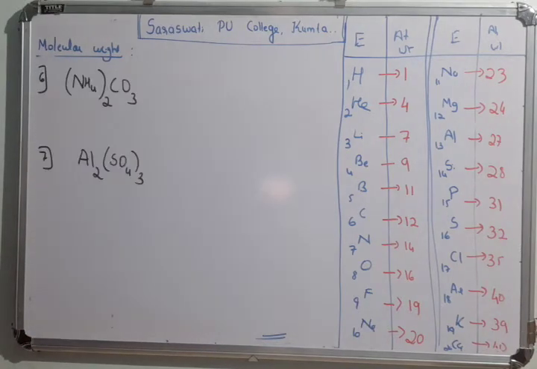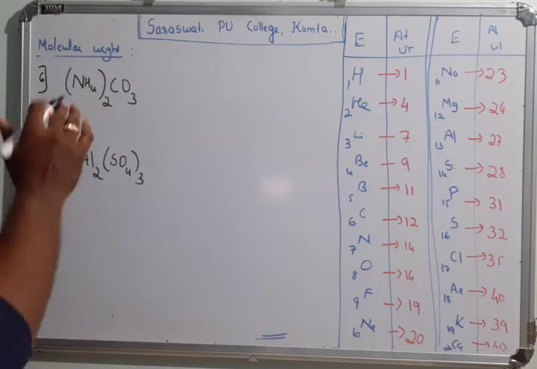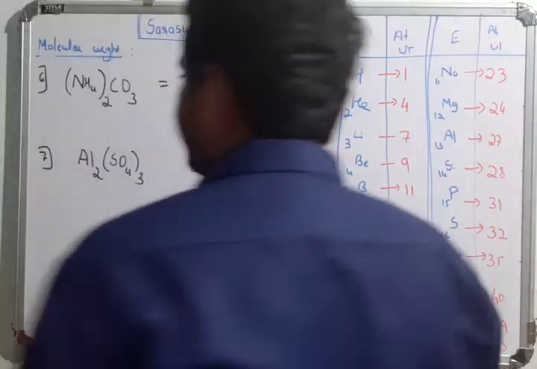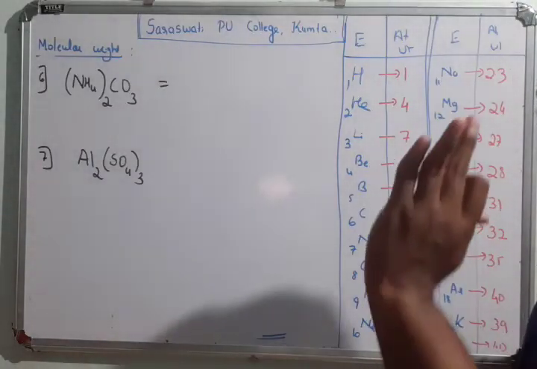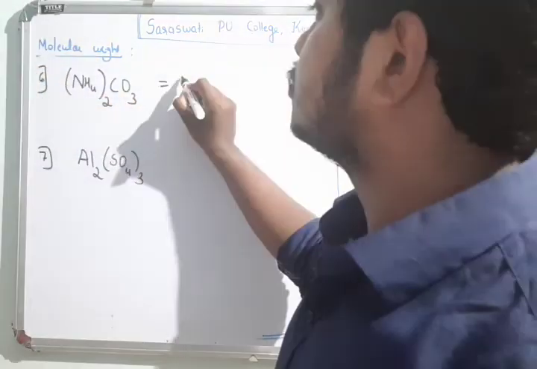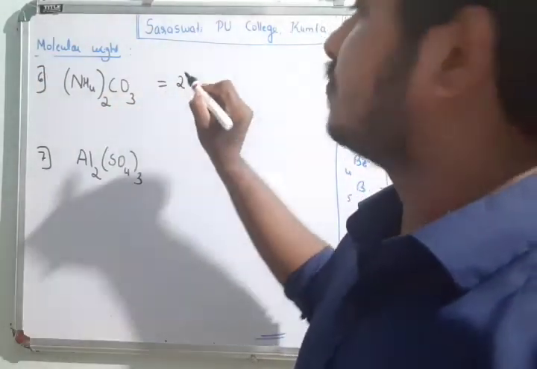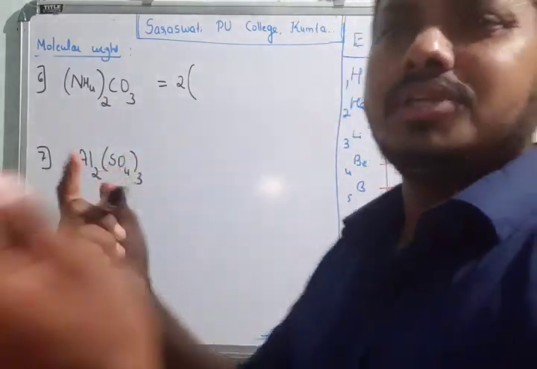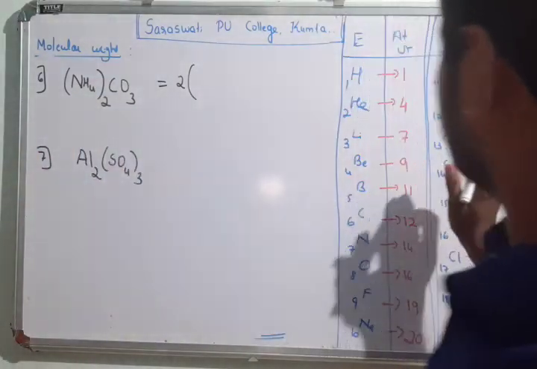I have written some examples over here where it contains so many different numbers. Now by looking at the numbers and all, don't get confused. A very simple way I told you: whenever you see the bracket, you write that first. So let me write that first, 2 times of. What is inside? Inside you see nitrogen, and there is only one atom, there is no confusion, right?